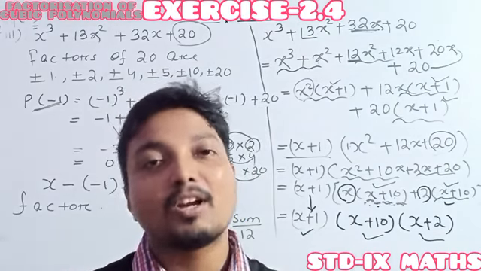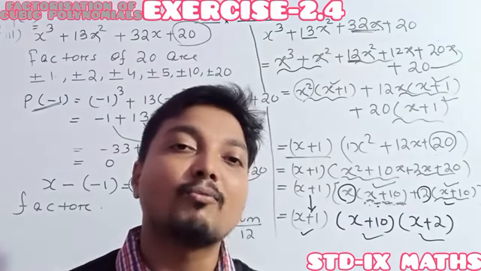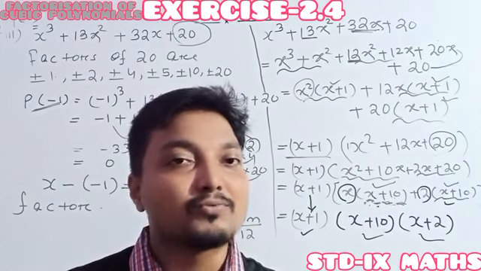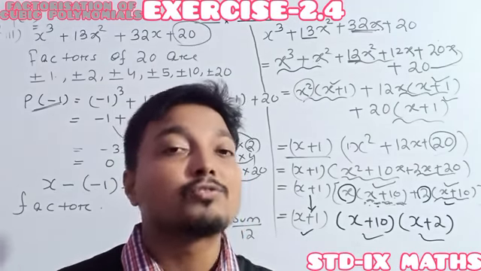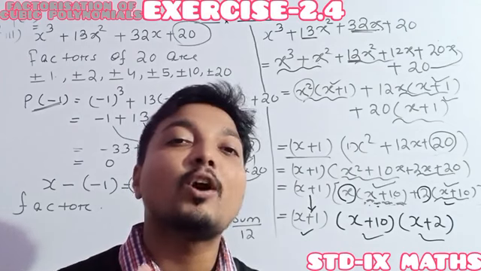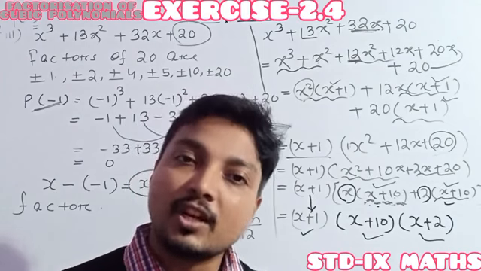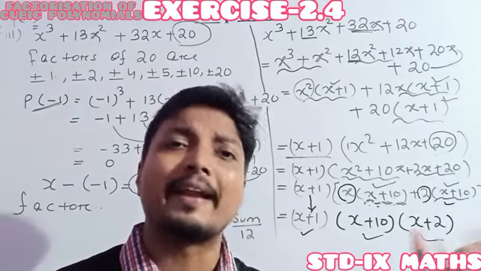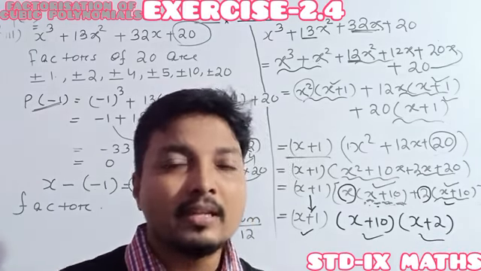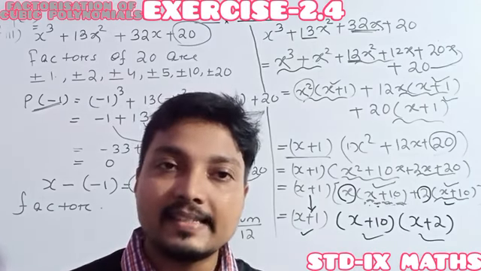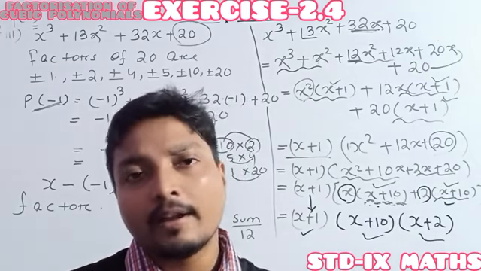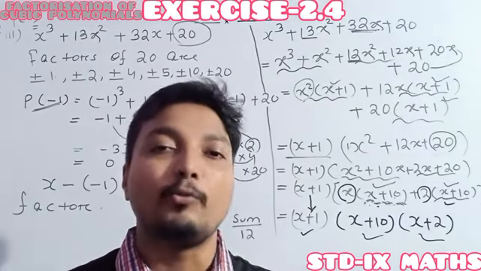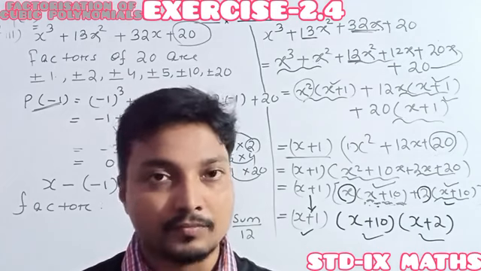And the rest of the questions, the second, third and fourth, I have done in the shortcut method. After the completion of this, you have to do it once and also try to do each question in two alternative ways, by using the shortcut method and also by using our division method to find the quadratic polynomial. In both methods you have to keep practicing, such that whenever you face any difficulty in one method, you can do it in the other method. Okay, so you have to do all this.